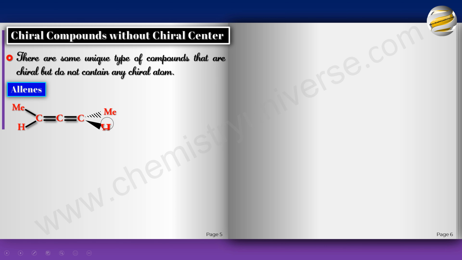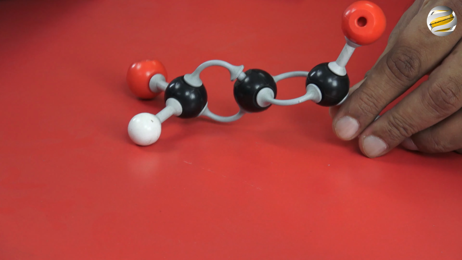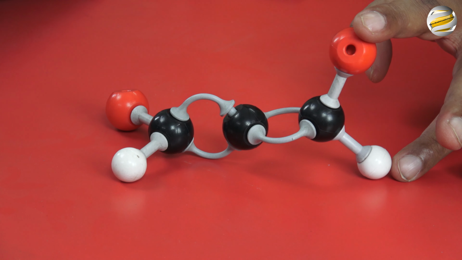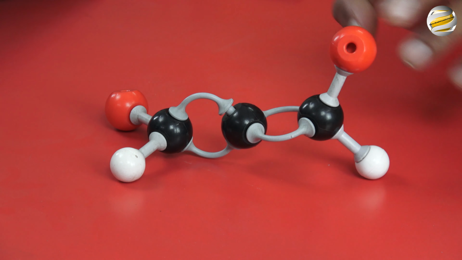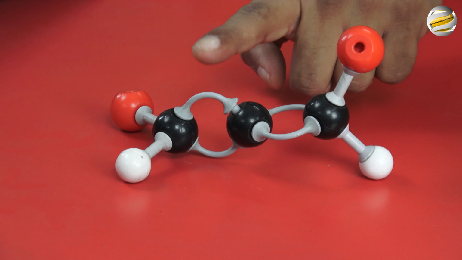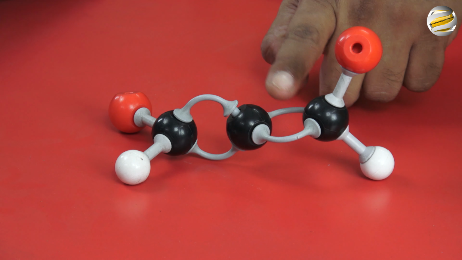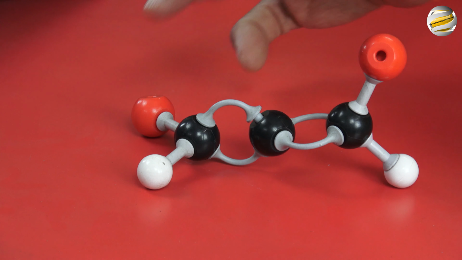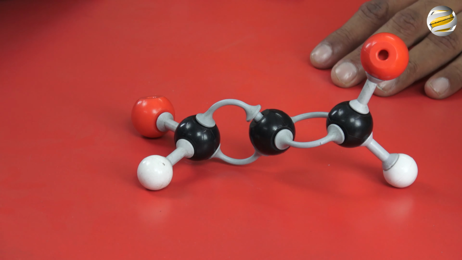But I can of course show you a model and help you with this. So remember, there are two double bonds, and these two groups despite being same are in different planes. So look at this molecule. This is that molecule. Can you see these two are out of the plane of the table, and these two are lying on the table, and these are the two double bonds. This is a double bond, this is a double bond. This is that carbon in the middle, and these two groups and these two groups are in different planes.